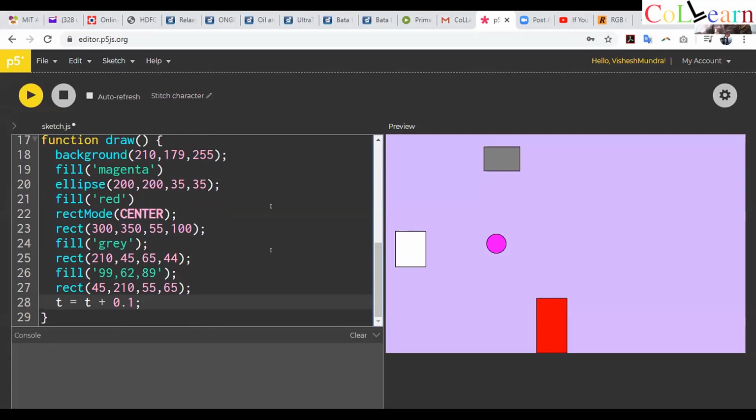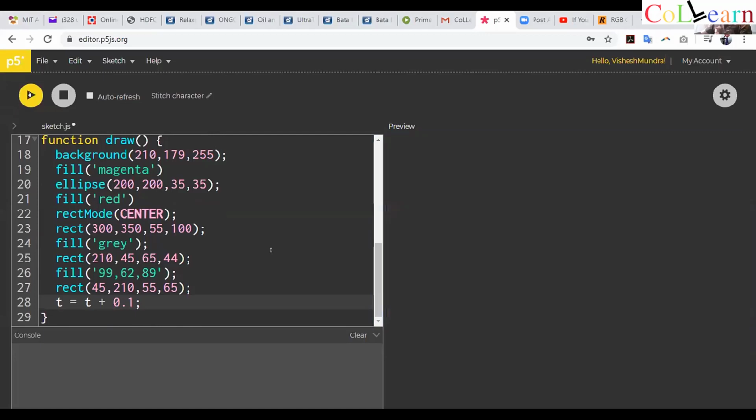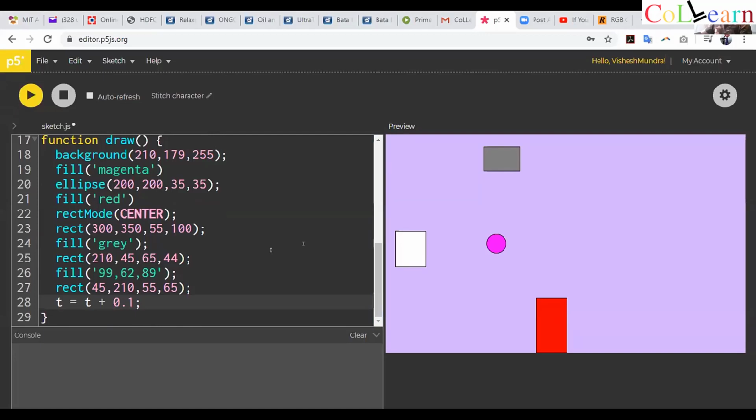Okay, you have written t equal to t plus 0.1, but you have not incremented anything. So probably in the rect, after 300, write plus t. Now click on play.